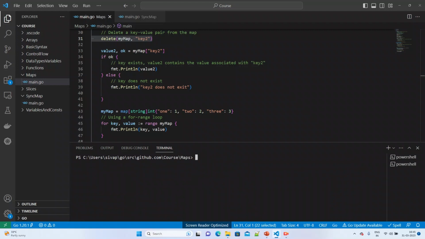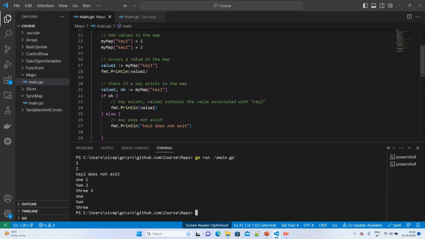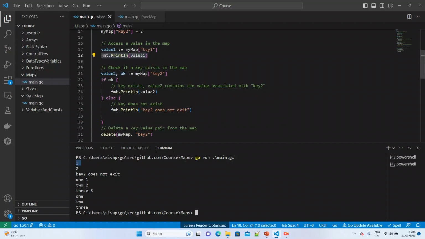Okay, I will go to the map folder. I will run go run main.go. If you see here, we are printing first at line number 18. We are retrieving the key 1 and we are printing it here. And we are retrieving the key 2 value. Since it is present in the map, it will execute the success case, and we are printing the key 2